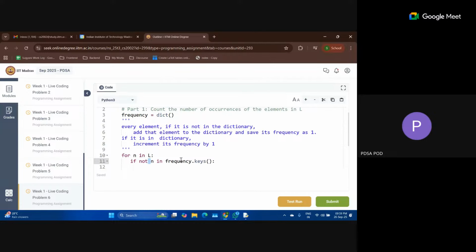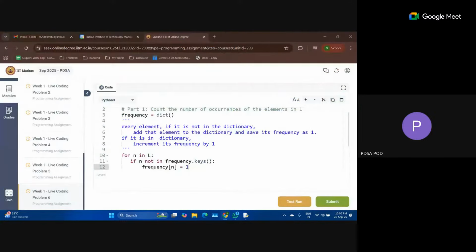So if my n is not in frequency.keys, that means I am encountering this element n for the first time in the list. This is the first occurrence of n. Hence, I will add the key n to the frequency dictionary and store its value as 1.